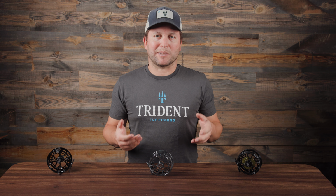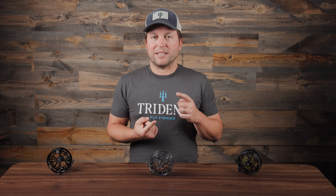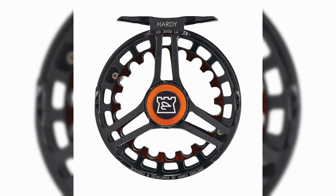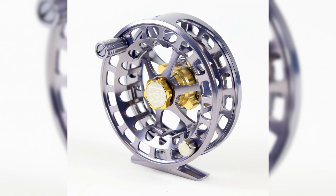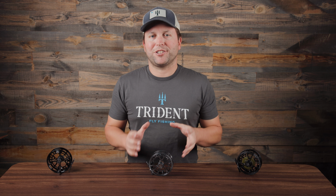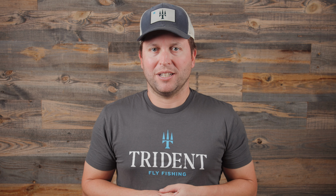And they've been making a similar reel for a long time. The Ultra Disc came before this one. And then there was the Ultra Light, the Ultra Light DD. And most of them have shared a fairly similar look. And this one is not that different. So without any further ado, let's dive into our 5 factors to see how this reel performs, starting with the